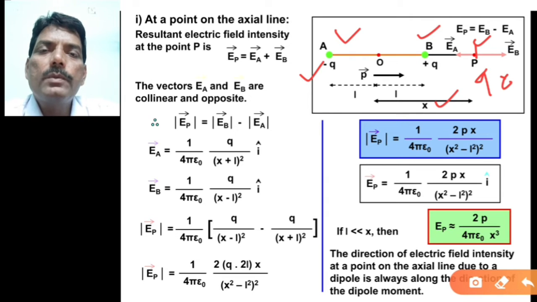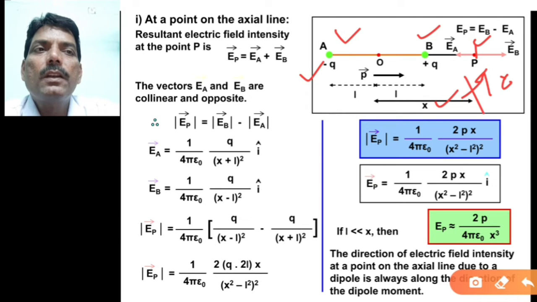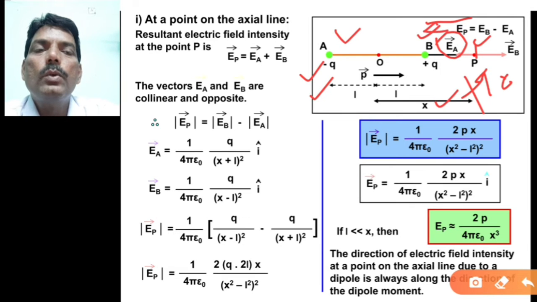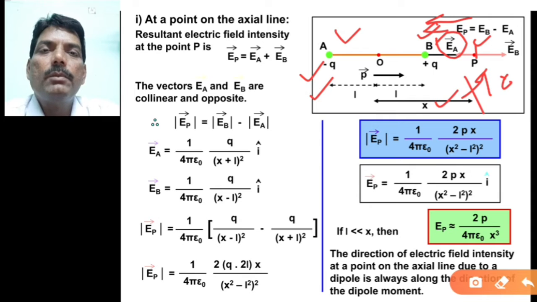So on this test charge q0, the force due to this charge minus q placed at point A, now you apply Coulomb's law. So the force will be attractive. That means the test charge is a positive test charge and this charge is a negative one. Therefore, the direction of the electric field EA is shown in this direction, towards this negative charge, because it is an attractive force.